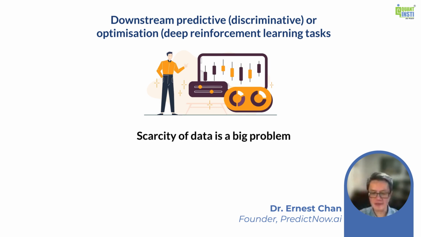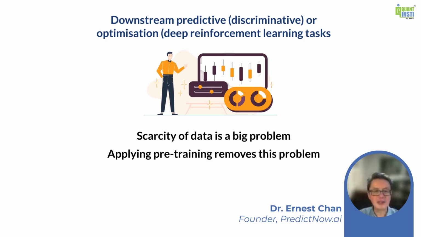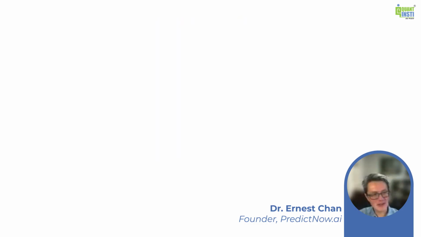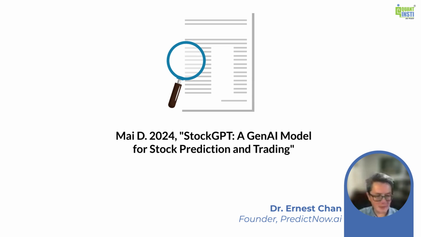I mean, in finance, in application of AI to finance, that's a major problem, is that there's not enough data, particularly at a daily frequency. By applying pre-training, you overcome that problem because you can train on everything under the sun. I have read a paper that even trains a time series prediction model on non-financial data, like electricity demand data. But this paper that I cited below, StockGPT, is trained only on financial data, and it showed that it worked, the pre-trained model worked.